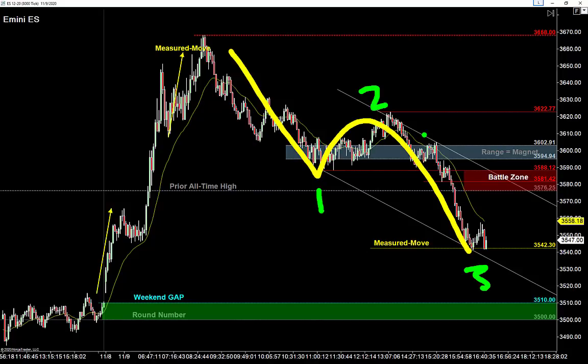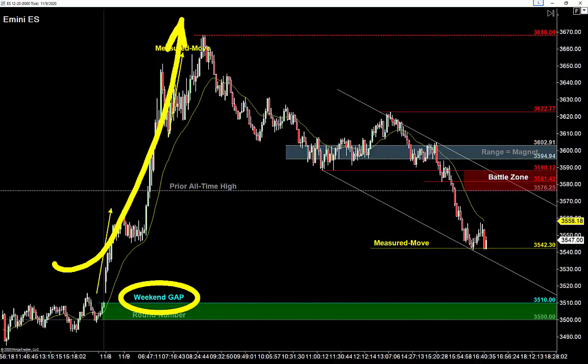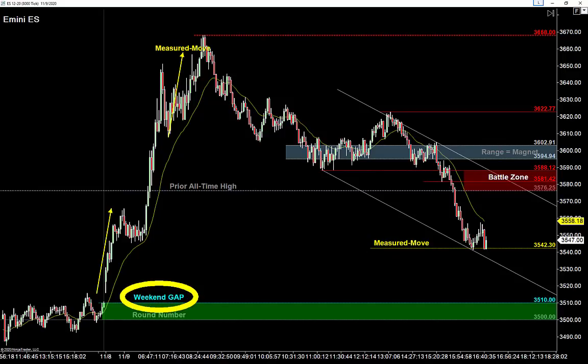What else do we know right now? We know that gap becomes the magnet. So once those bears take control, the vaccine news pushes the price higher, the market rolls over. We had, of course, a weekend gap. What is a weekend gap? Weekend gaps are the gaps between Friday's close, which is where we are right now, that is Friday's closing price at 35.10,